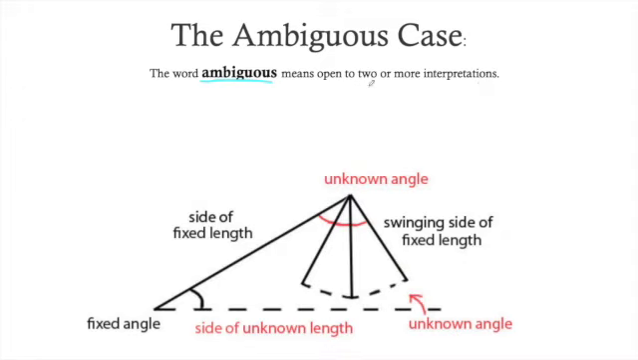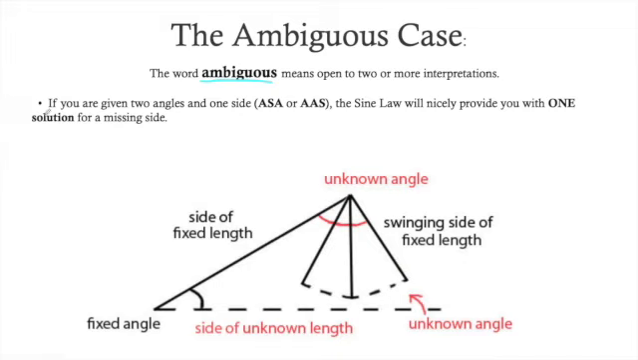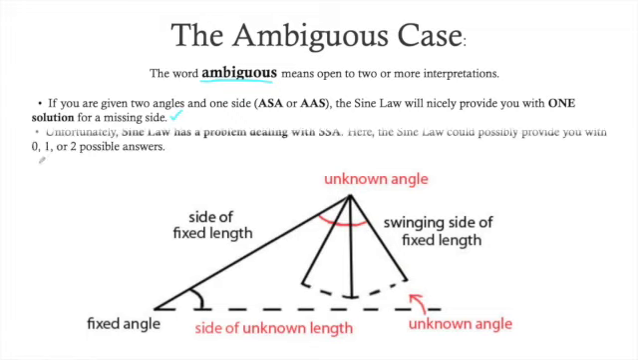Okay, so that's why we can sometimes get two distinct triangles, 1 or 0. If you're given two angles and one side, so ASA or AAS, the sine law will nicely provide you with one side. However, when you're dealing with side-side-angle, the sine law could possibly provide you with 0, 1, or 2 answers. So when you're given side-side-angle, this is when you have to be careful using the sine